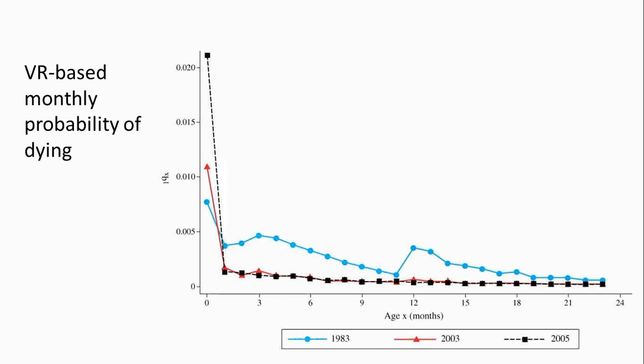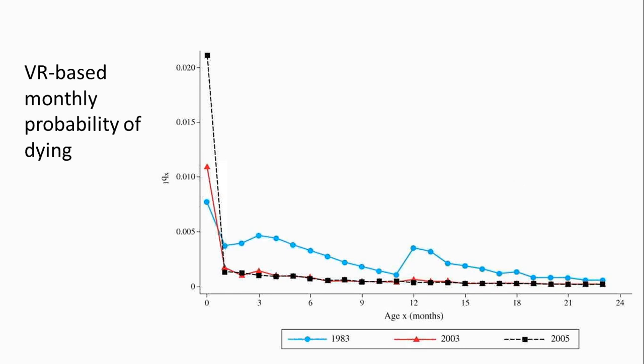And then if you look at the data by month, this graph shows the monthly probability of dying during the first 2 years. If you look at the blue line, that's the one that is the most clear, for 1983. You see an initial decline in the monthly probability of dying, but then it increases again to age 3, and it declines, and then you have again an increase at around 12 months, which is